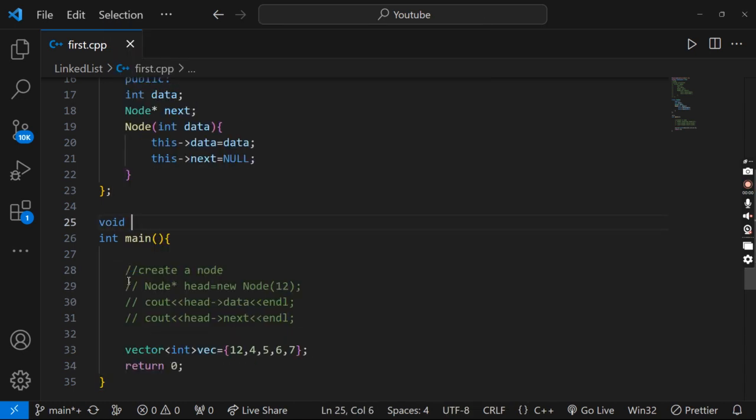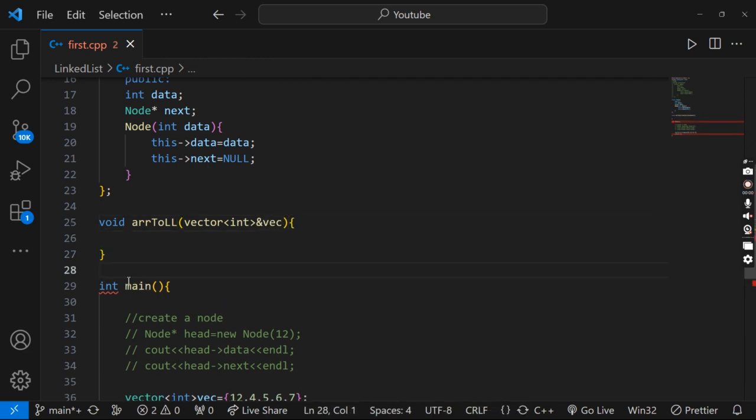Now what I will do is create a function and give it the name arrayToLinkedList. Okay. Now I also need the vector by reference. Always keep this in mind: you always pass your vector by reference, because otherwise it will